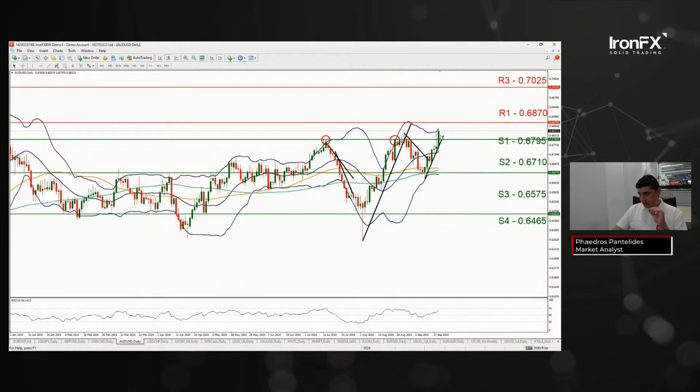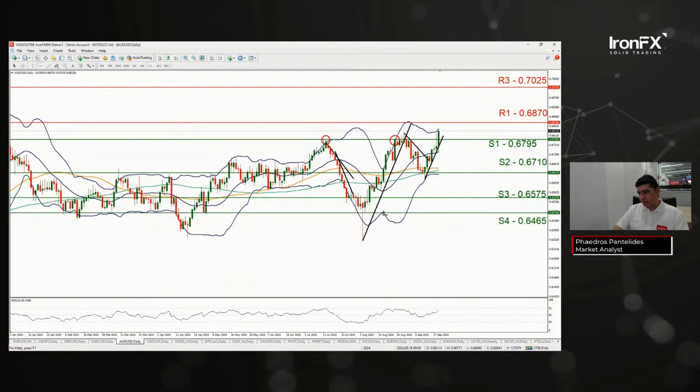This was a prior high, broken. Taking aim for 0.6870. If it does retrace, support 0.6795. If it manages to move below, the next support level is 0.664, which is this line here. And then I need to bring that S3 slightly higher, a bit too far away. I'm looking at this price action here, managed to break above, it does come back down, could find support. So these are my support levels now.